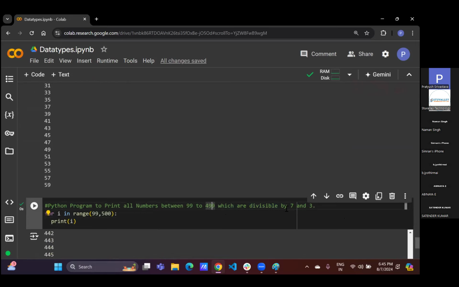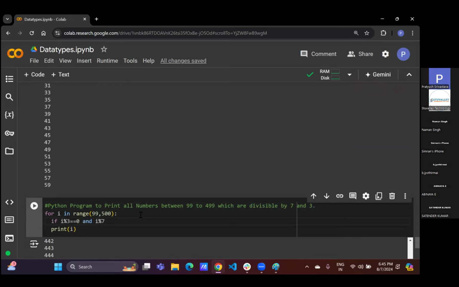We will check whether that number is divisible by 7 and 3. So how will we check it? We will put one condition: if i modulus 3 is equal to 0 and i modulus 7 is equal to 0, अगर दोनों चीजें ट्रू हो